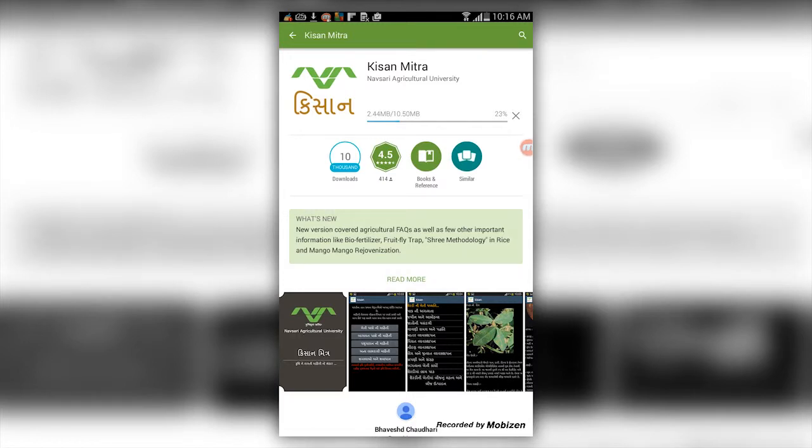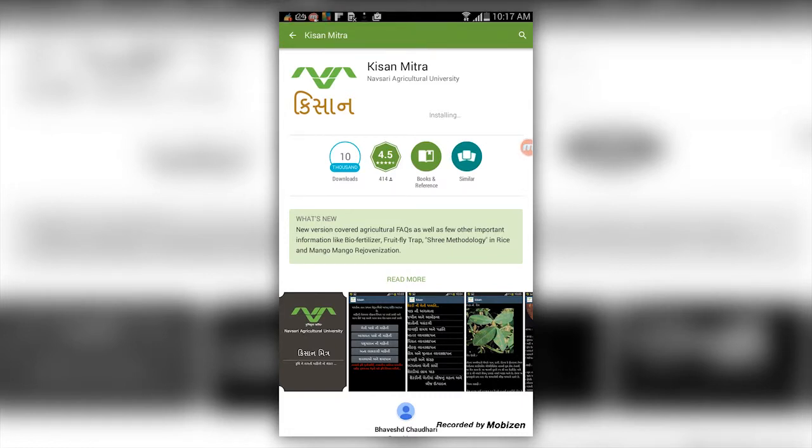It is specifically designed and developed for South Gujarat based farmers, that is, for the Navsari Agricultural University jurisdiction, from the Bharuch district to the Valsad district. It is in the Gujarati language. It covers all the major crops grown in the South Gujarat area. In this app, the agricultural crops include paddy, sugarcane, some cereal crops, cotton, and so on.